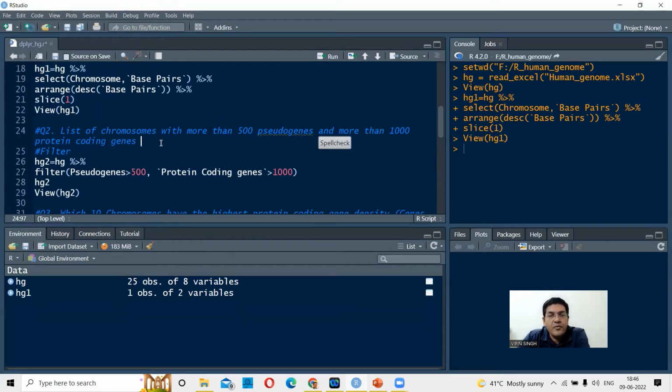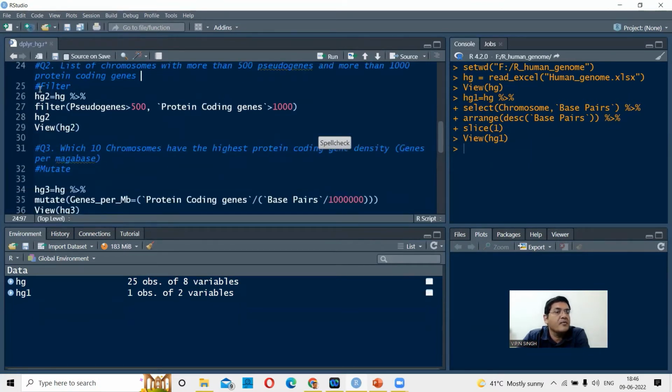So for this, of course, if you were to do it in Excel, you would use filter. So same here in dplyr, there is a function called filter that can be used. So again, we equate the human genome data to a new variable that is HG2 here. And then we use pipe to indicate that there are further operations to be done over HG2. What is the further operation that we're doing on HG2? We are using a filter